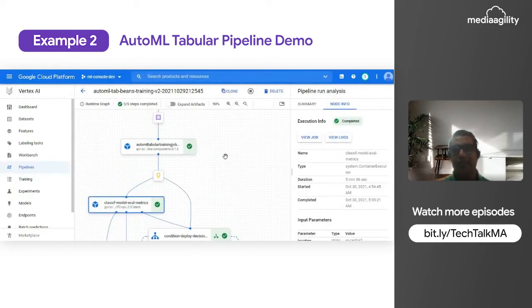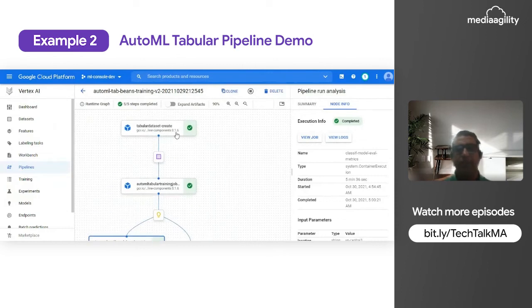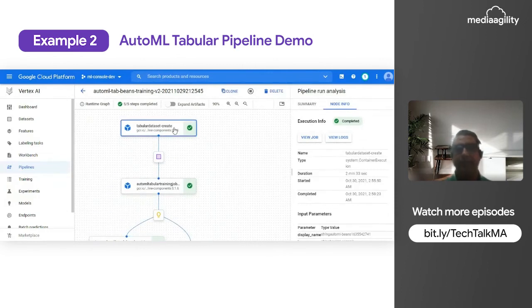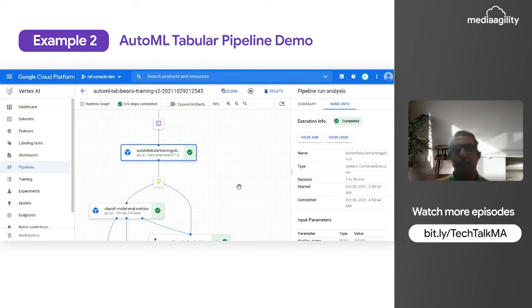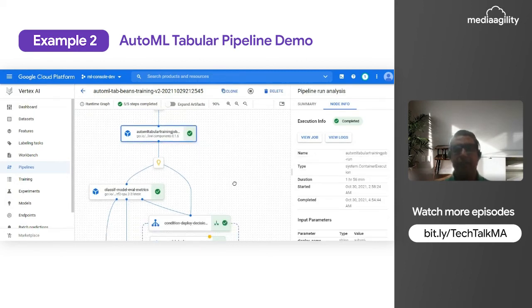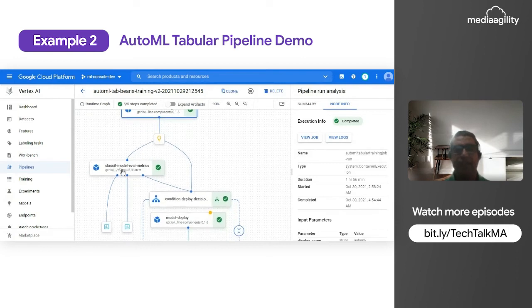The first thing, as I mentioned earlier, is that we are going to create the tabular dataset. This is the already provided component. We used the BigQuery table in order to create the Vertex AI dataset. By making use of this dataset, we are going to train the AutoML tabular multi-class classification model. After training this model, we are further providing the output to the classification model eval metrics component.